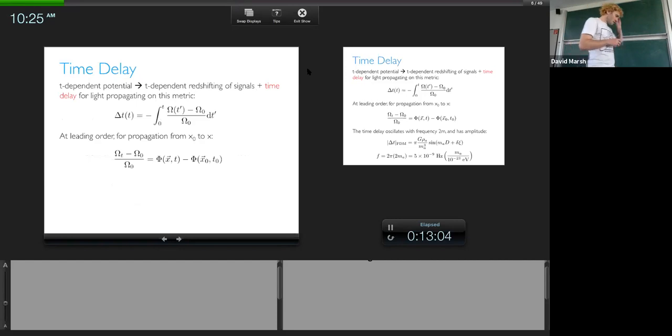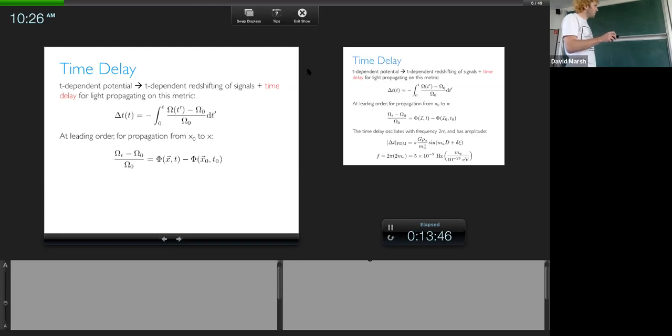An oscillating Newtonian potential induces time delays between signals coming from different places. We're imagining that we have some oscillating signal being sent to us from some distant source. As it comes to us, it comes through this oscillating pressure. And then you have some other source emitting from a different location, coming through a different realization of the field. So the time delay to the signal along the line of sight